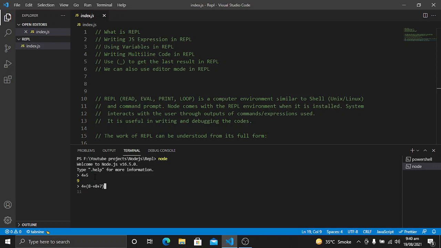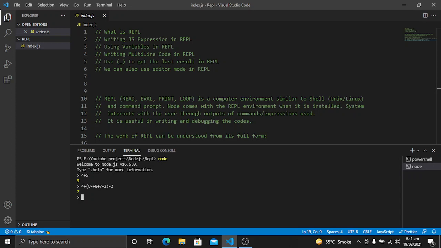So as you can see, we can also subtract one term from here. This is some complex calculation in the parentheses, and then we will also subtract 2 from it. If I hit enter, you will see the result of 7. So it calculates all of the values and operators, and we get the result from it. So this is the way of using REPL or writing JS expressions in the REPL.